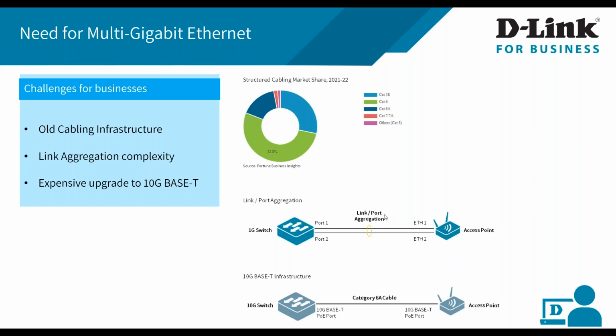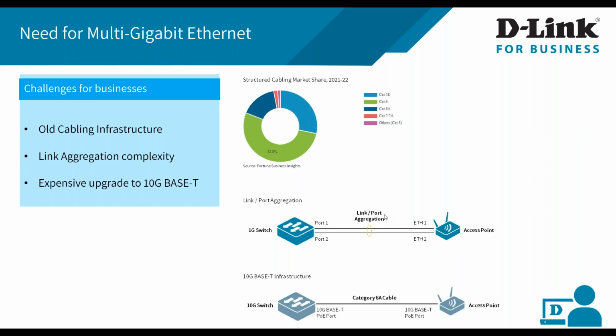But when it comes to an access point or any other device for that matter, like a workstation, configuring, managing and troubleshooting link aggregation becomes very, very difficult, because sometimes sufficient ports may not be available. We have seen some access points, workstations and other network devices with two 1G ports. Even if you aggregate 2 ports, the max we can achieve is 2 Gbps, and it also requires 2 cables to achieve this.